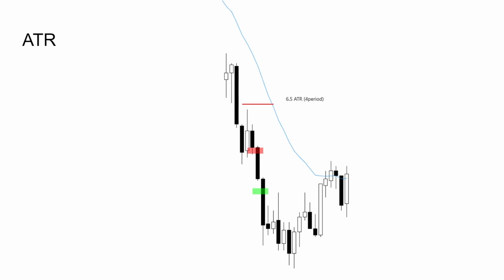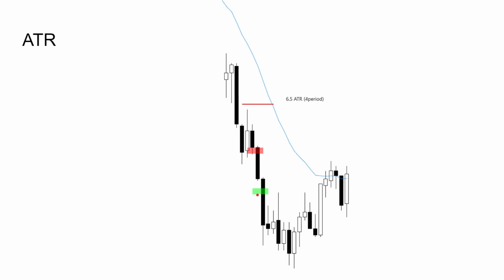ATR, I don't use this approach really that much, to be honest, but essentially, whatever the size of the most recent candles are, it'll calculate it, the average true range. I use a period of 4. In this case, it was 6.5. So had you entered here, stop loss would have been 6.5 points up, and then your take profit would have been